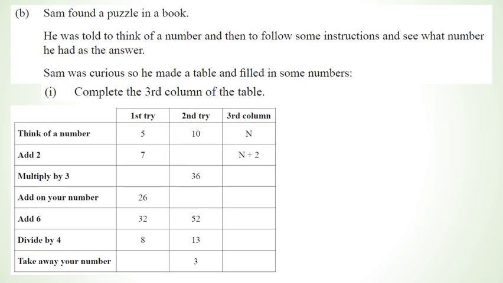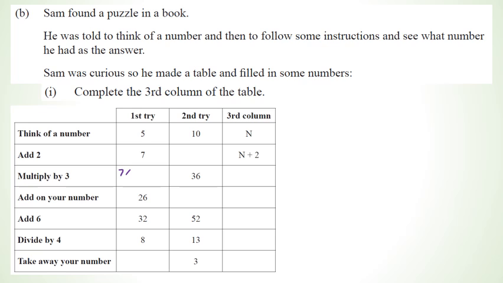All right, guys, so for this question, you've got Sam who's found a puzzle in a book. He's been told to follow some instructions, and basically he's curious. He made a table and filled in some numbers. Now this question is asking you to complete the third column of the table. What I'm going to do is the first one anyway, just so you can see what's happening. So the first try, he thinks of a number as 5, add 2,